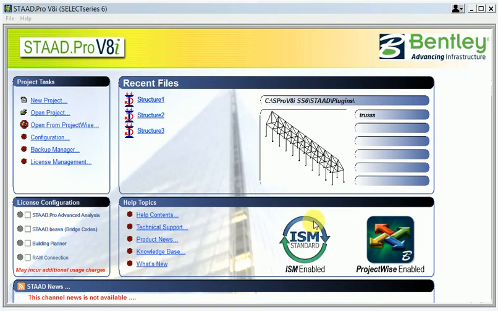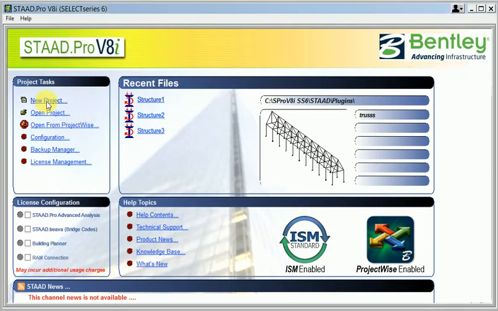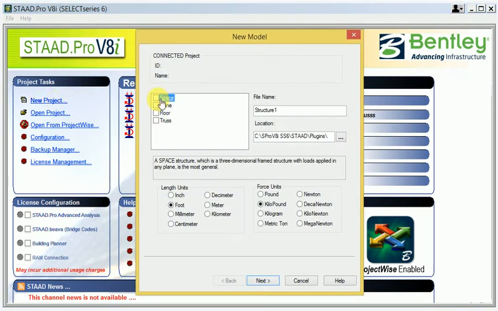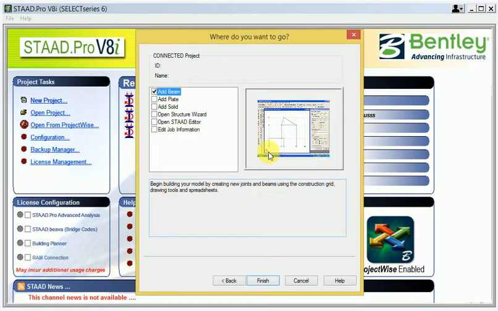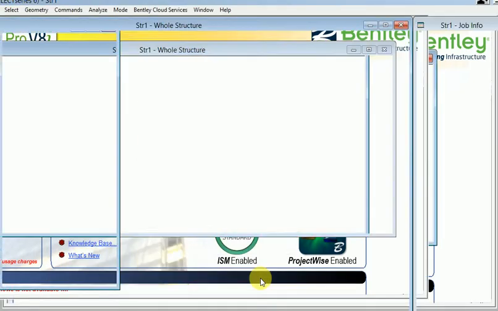Today I will discuss how to use cut section. Basically, with cut section, we can start designing in a particular area. So when I cut the particular area for working, let's go to new project. Apply the space, go to next, and yes, and also add, then go to finish.